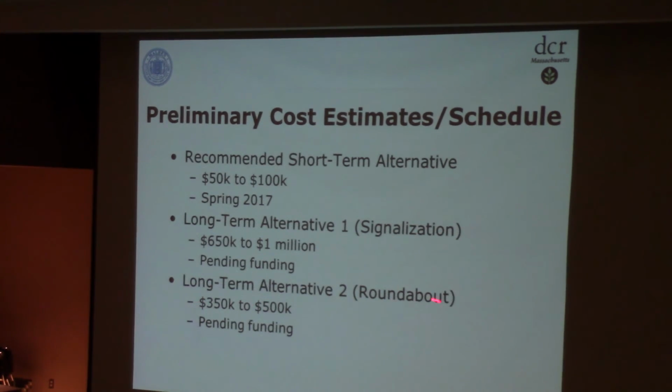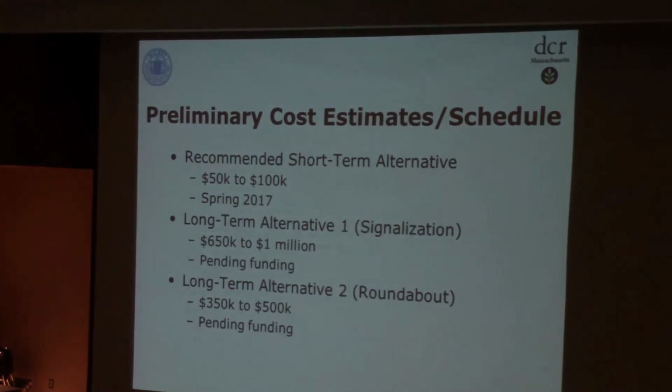Long-term alternative 2, which is the roundabout, we're estimating at $350,000 to $500,000. So you can see it's more or less half of the signal. Again, that's still pending funding. Similarly, we haven't identified that funding. That's where we look to our friends at the State House to help, as I know they will. But between these two alternatives, that's what we'd like to hear some feedback on. If you go to the next one,